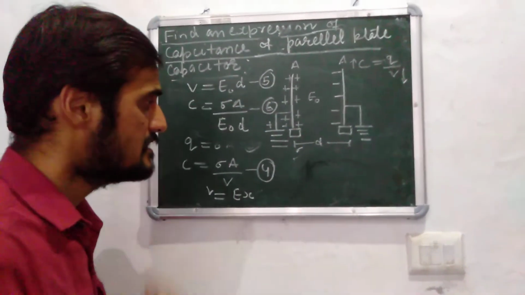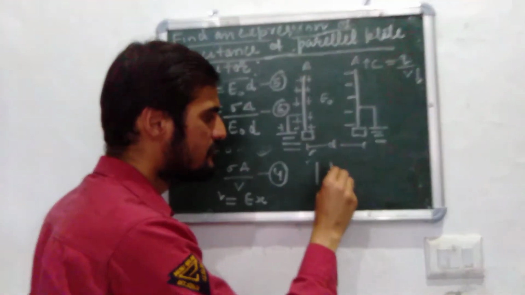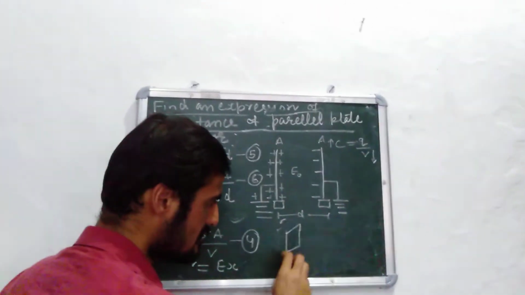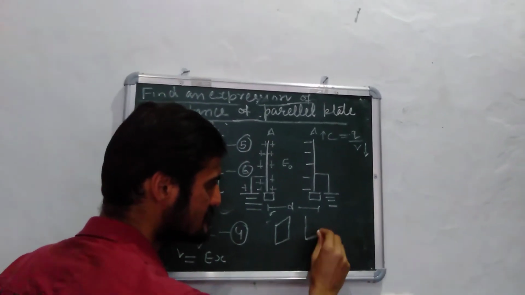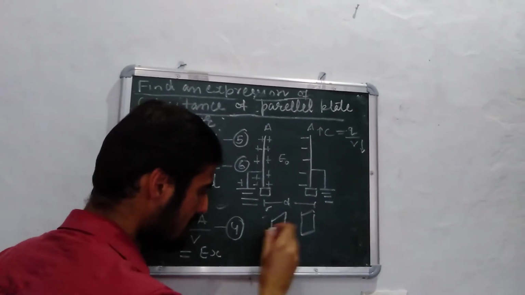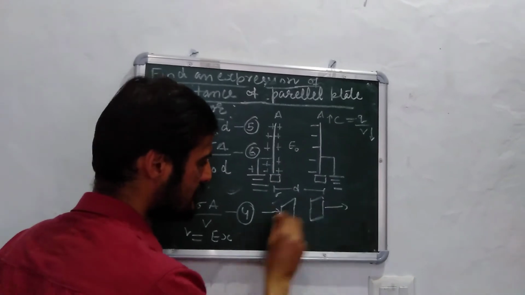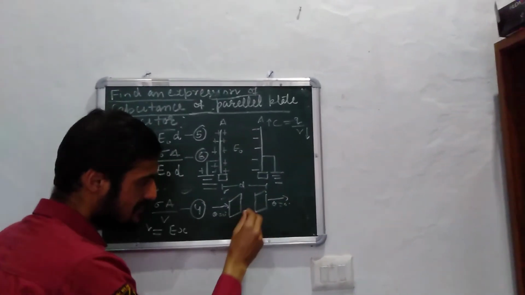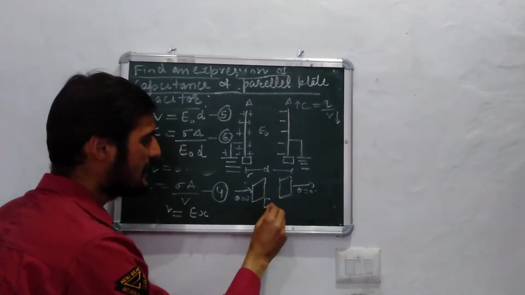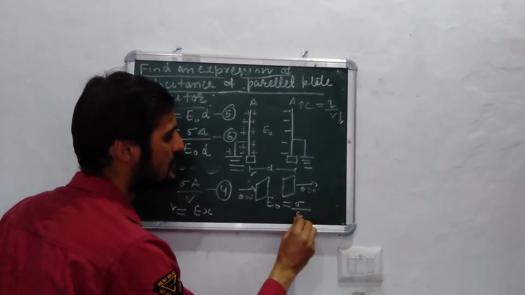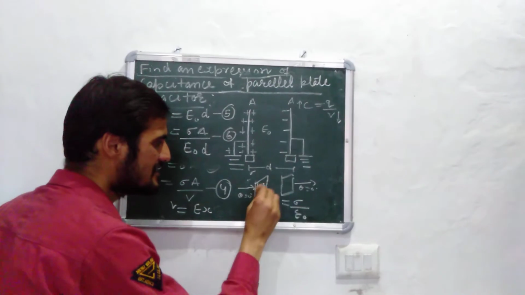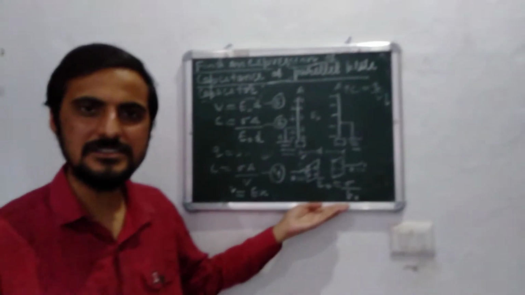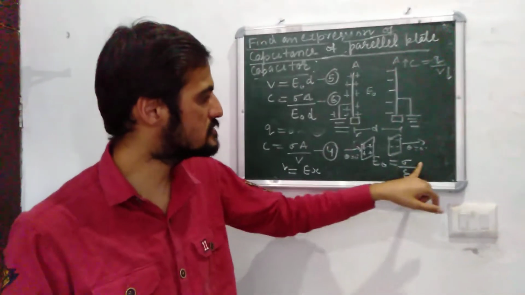Let me remind you of one term which we have done in the last topics. Consider two plates with the direction of the electric field, theta is equal to 0 degrees. There, we calculated that E naught is equal to sigma upon epsilon naught. There is a positive charge here and a negative charge there. This is one of the applications which we have done: E naught is equal to sigma upon epsilon naught.